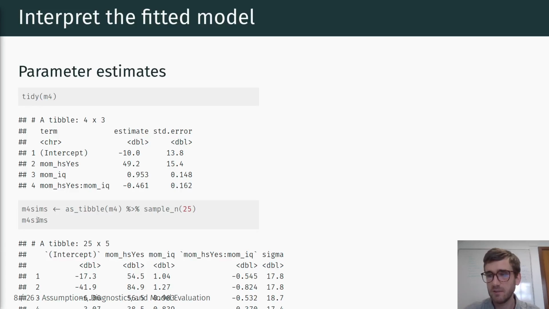So the resulting tibble is a 25 by 5 tibble that contains 25 separate random draws from this posterior distribution, and each draw contains 4 different parameters: 3 regression coefficients and